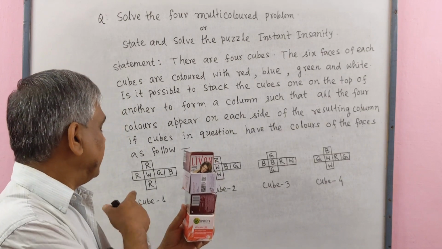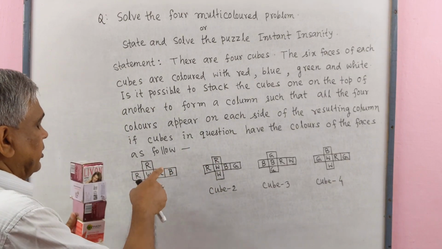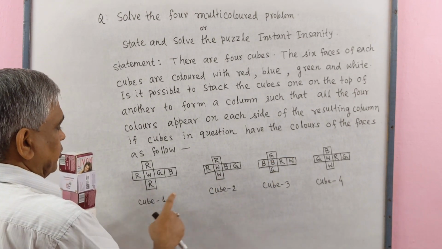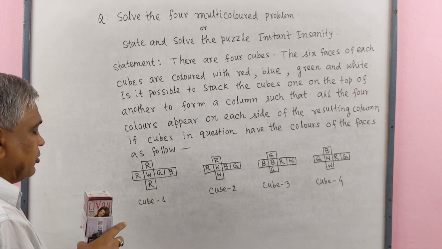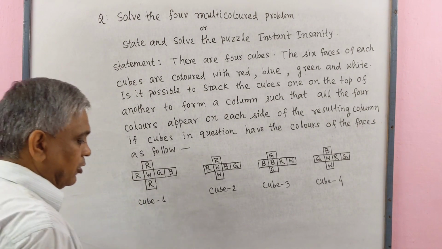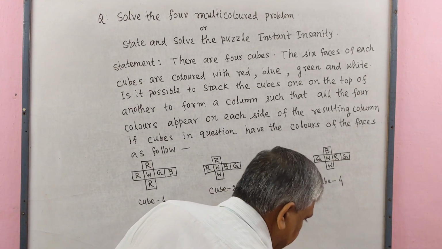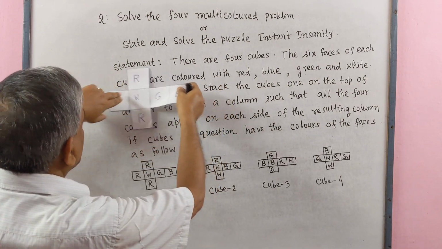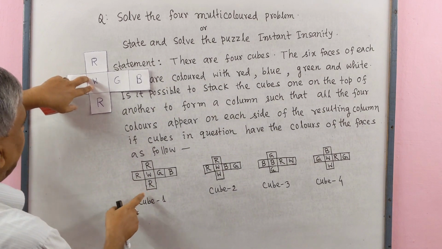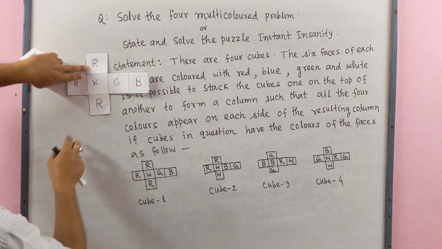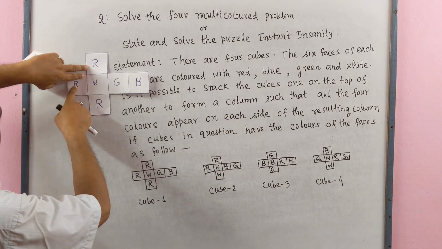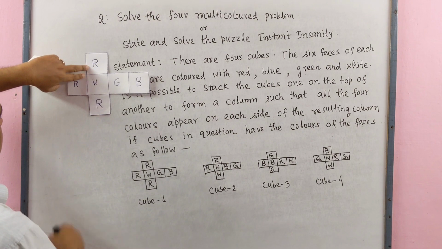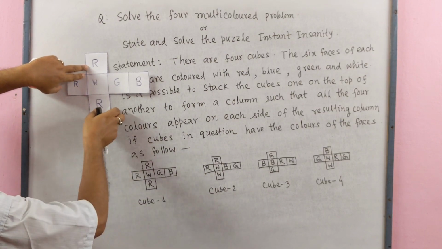We have given in this problem the colors of the cubes: cube 1, cube 2, cube 3, cube 4. What is the meaning of this? We have to know the meaning of this. This is given for cube 1. Here we see RWGB, RWGB, RR. What is the meaning of this? The meaning of this is